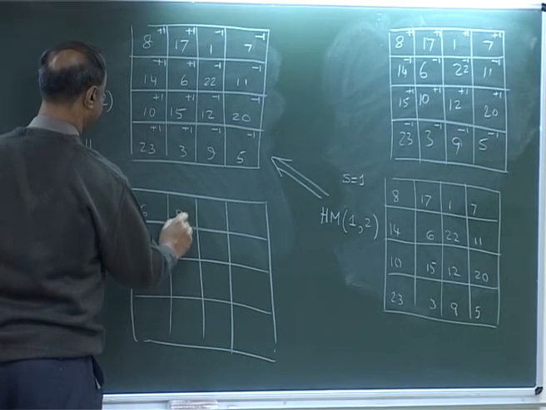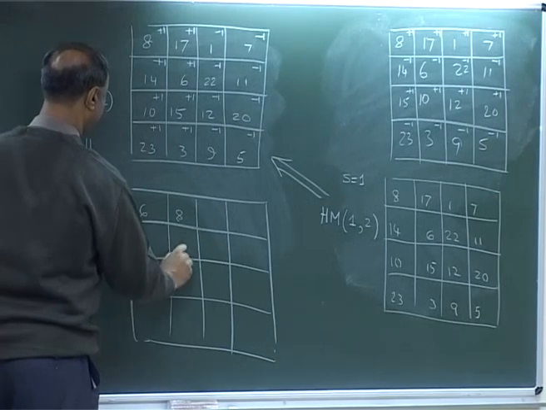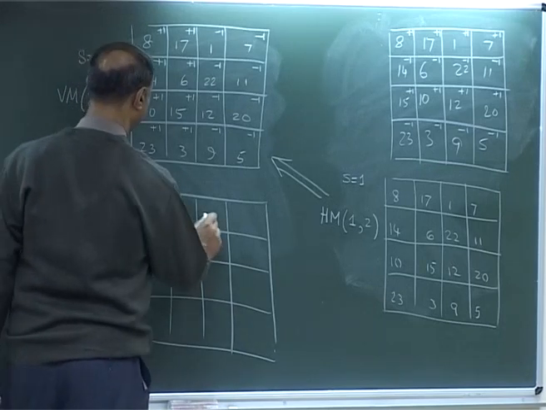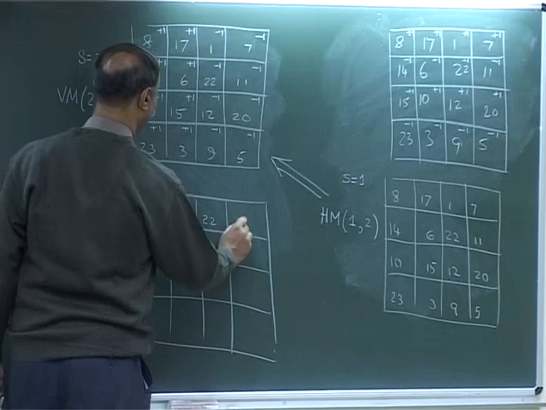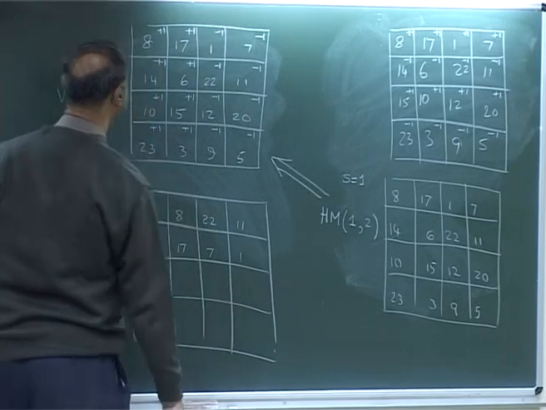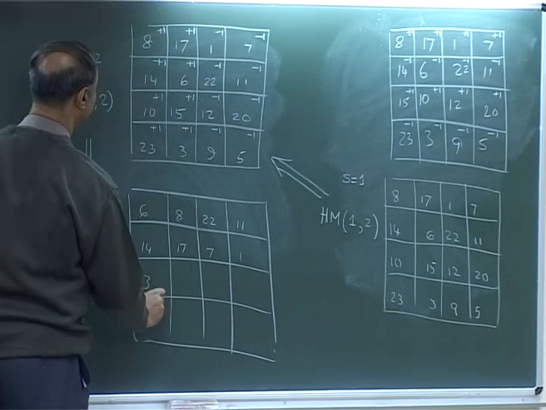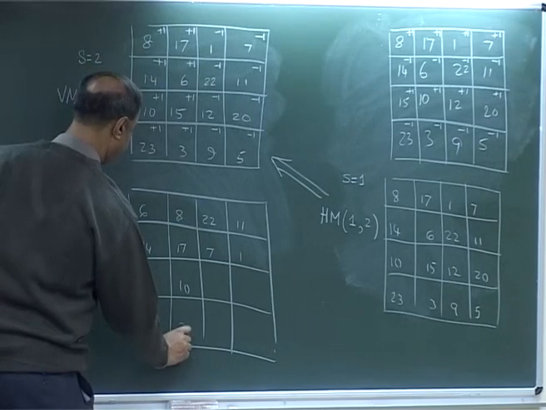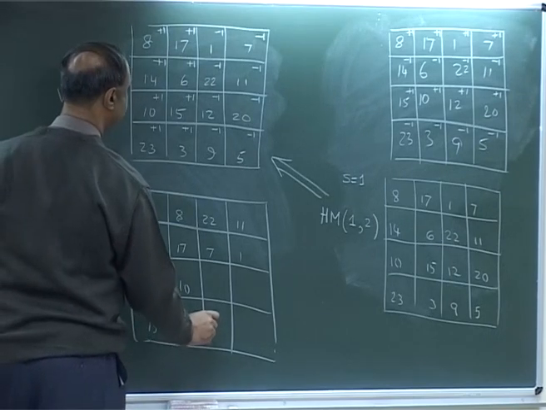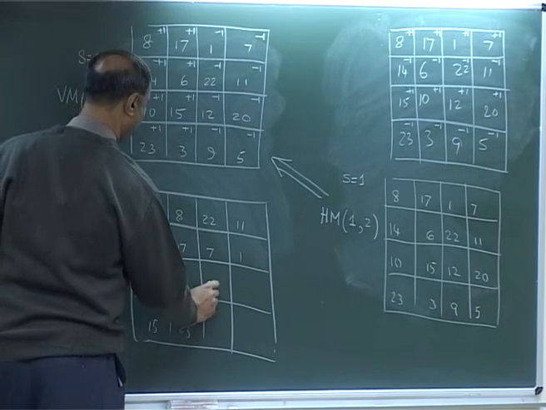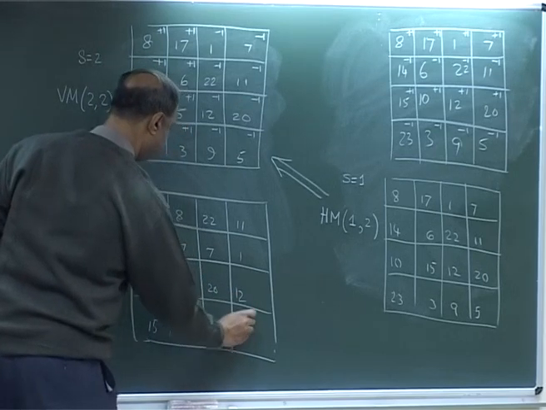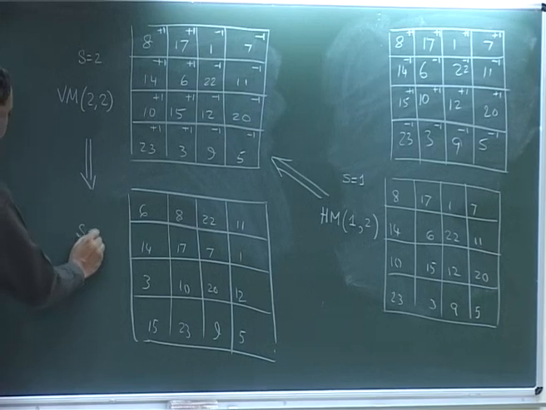6, 8, 14, 17, 22, 11, 7, 1, 3, 10, 15, 23, 20, 12, 9, 5. Now you are in S equals to 3 and